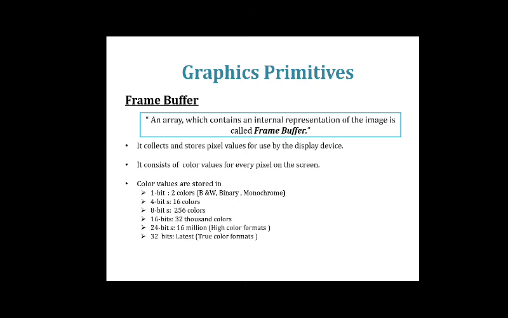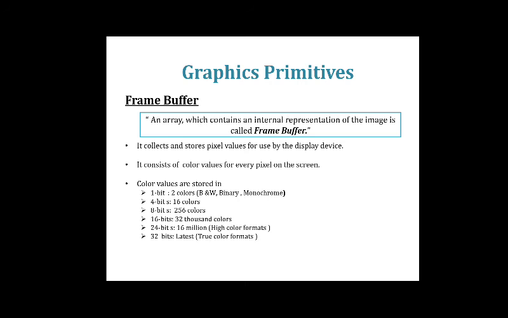The next is 4 bit, which can store 16 colors. Then the 8 bit model has 256 colors. Now tell me, where are we storing 256 colors? In the RGB model, right? I have said that the RGB value ranges from 0 to 255, meaning how many colors are there? 256 colors. So the RGB model requires how many bits to store the color? It requires 8 bits, right?